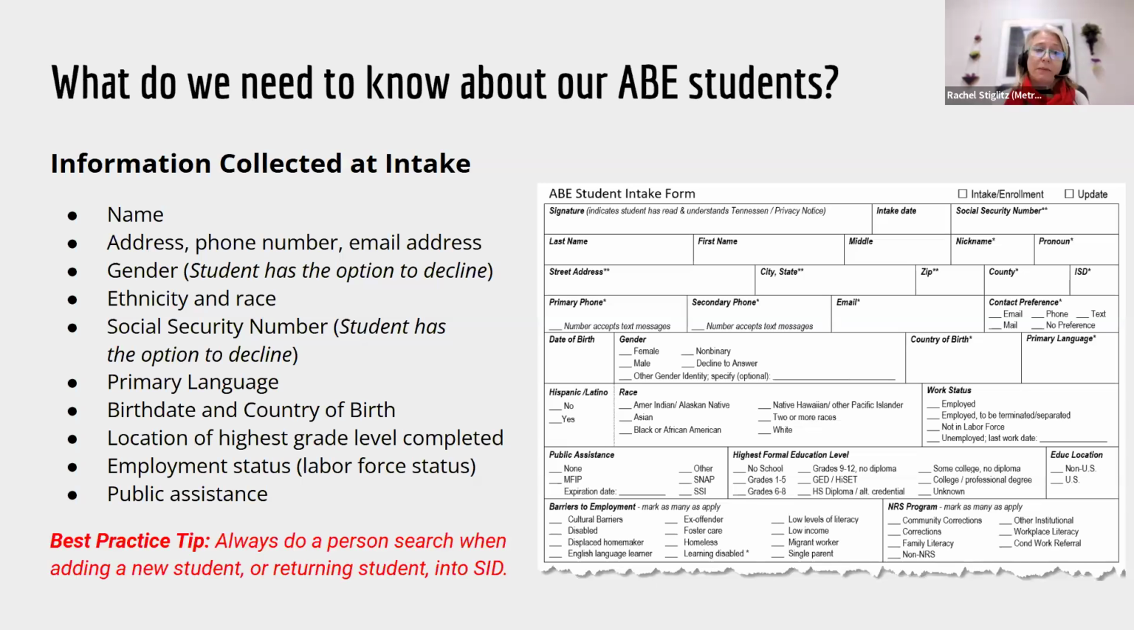It's always good, for best practice, to do a person search when you're adding a new student. If it's a returning student, somebody that you've known in other program years, still do a person search when you're re-entering them into SID, because they may have been at another program that didn't merge them previously. It is good to get as much accurate data for the students as possible,